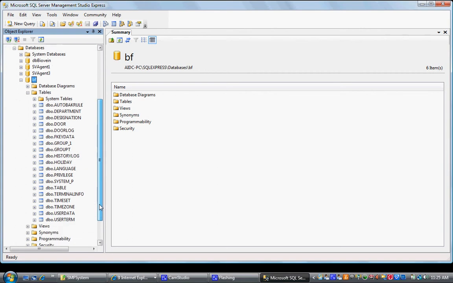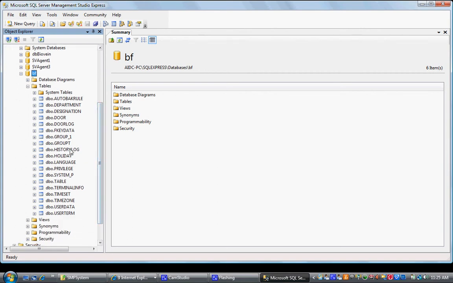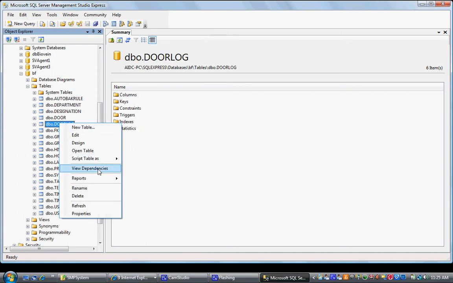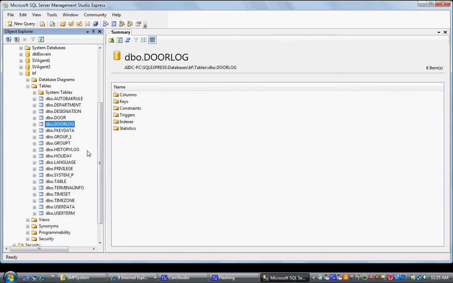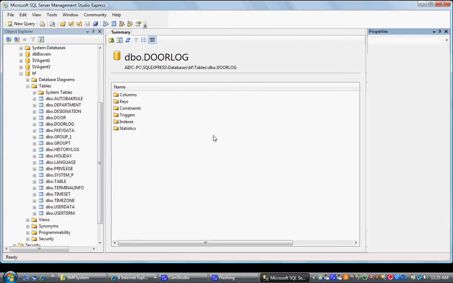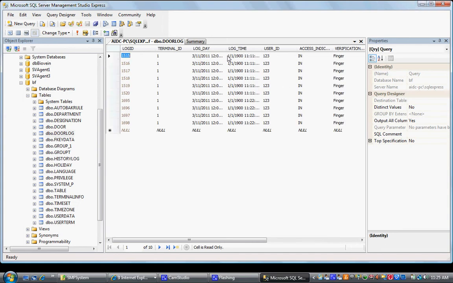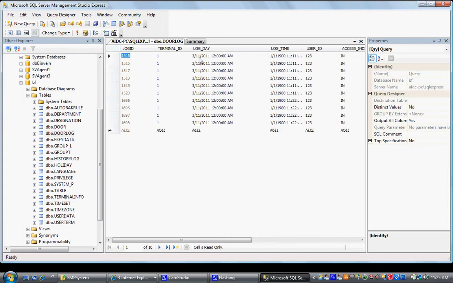Under the bf database we can see the logs in the history log table, door log table, open table. We can see all the logs stored inside the table. These are the logs for today, 11th March 2011.